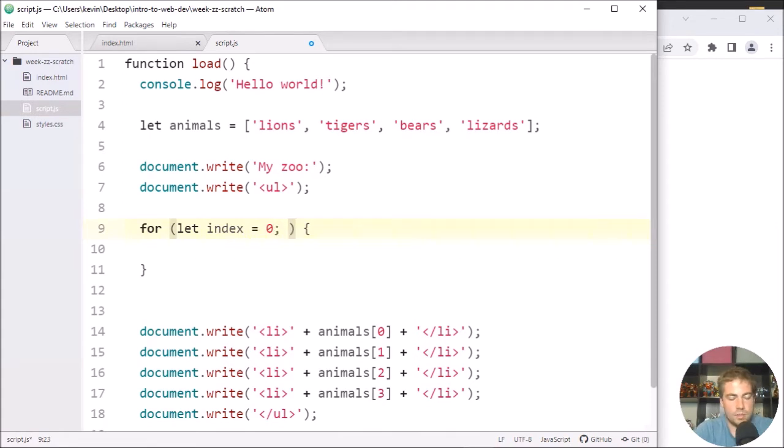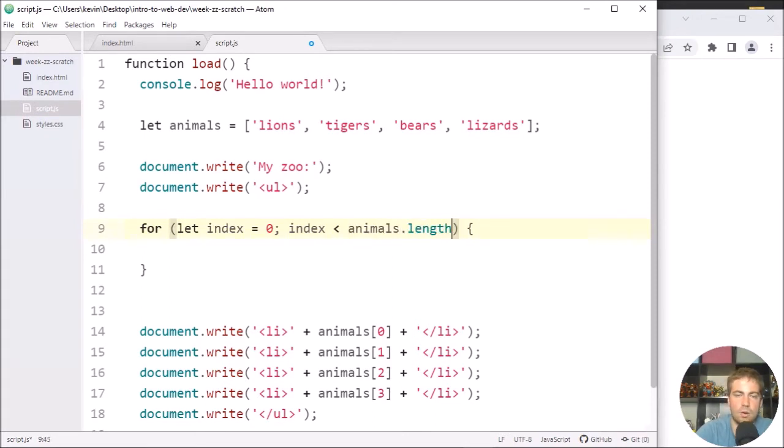And then it wants a conditional. So in this case, I'm going to say index is less than, and this is the expression, the Boolean expression that it's going to check. And if it's true, it's going to keep looping. So what I want to do is loop as long as index is within the sort of bounds of the array. So in this case, it's 1, 2, 3, 4. So I could say 4 here, but there's actually an easier way to do this. I can use